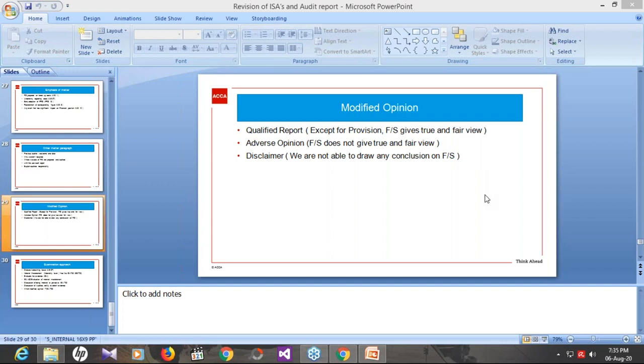So can I say that in every case my objectivity would be impaired? No, objectivity is not impaired in every case, Fahad. When you are in breach of confidentiality, you don't have any self-interest threat behind you. Or if you are not competent enough, this is a case of violation of professional competency, and you have accepted an audit engagement for which you are not competent enough, so this is a problem of professional competency. So yes.